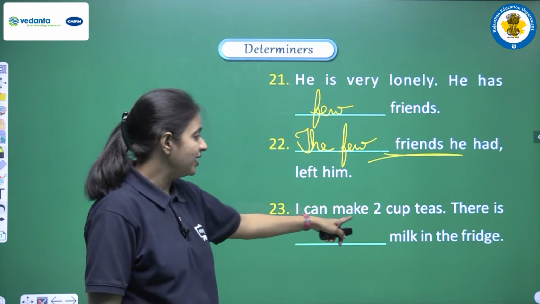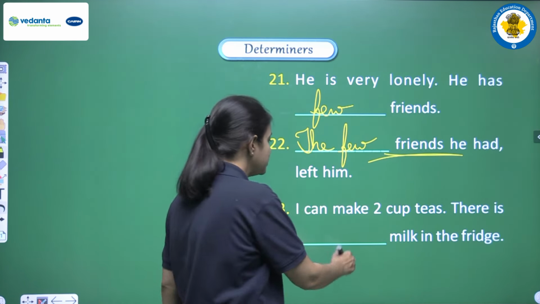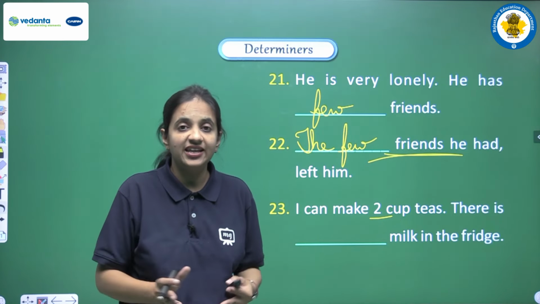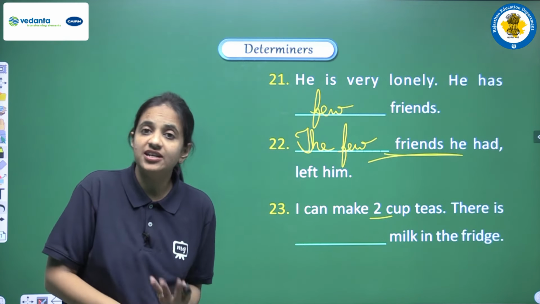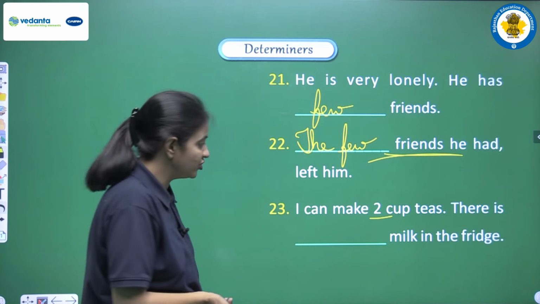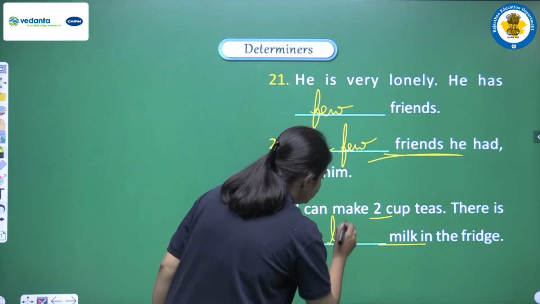Next is I can make 2 cup teas. There is milk in the fridge. So now I am saying that I am able to make 2 cup tea, right? So 2 कप चाय बन सकती है, इतना दूध तो है हमारे पास. So here we want to show the positive amount that हाँ इतना दूध है कि 2 कप चाय बन जाएगी. So to show the positivity of an uncountable noun, we always use a little,